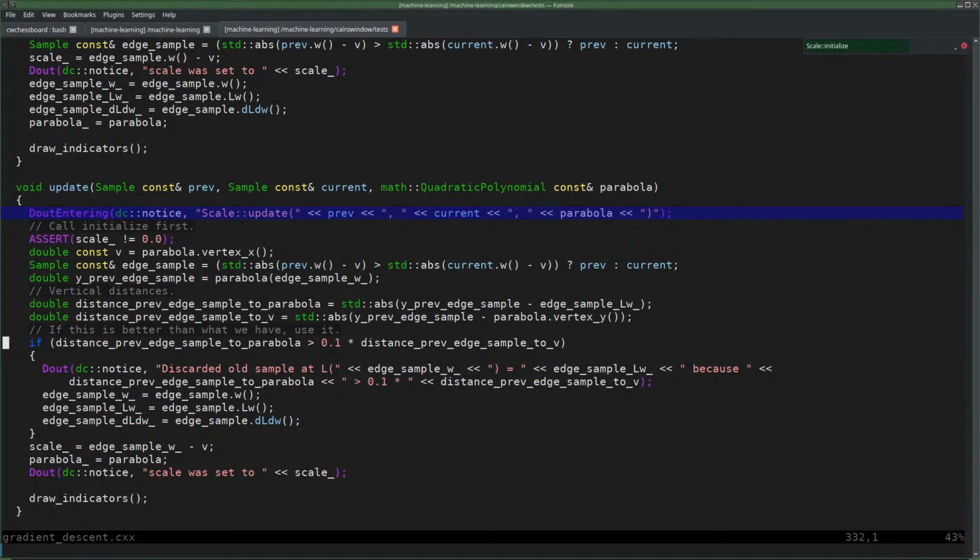Okay, I think we're finally slowly getting to this point where I say, let's compare the two parabolas. So move this one down, so now I can compare the parabolas here. So instead of using just blindly the new sample, which is the minimum possible W,